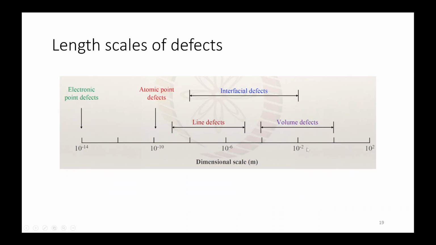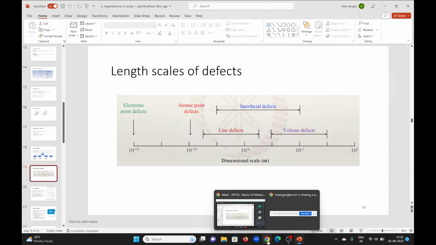Now this is the length scale corresponding to various defects. So in case of line defects, it will be in the micrometer range. In case of volume defect,